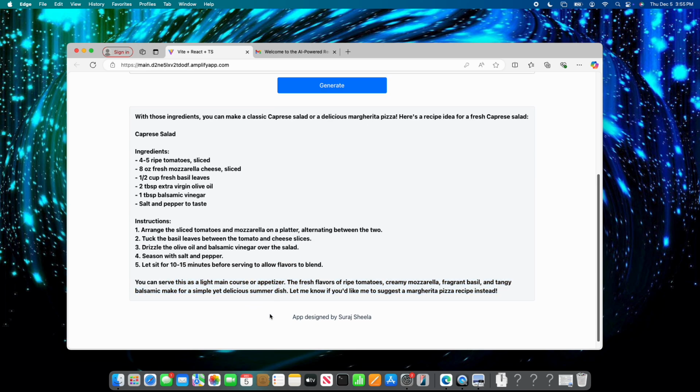So this is just to show how the app is fully responsive. So if I resize my browser window or use it on a mobile device, it will adjust accordingly. And this wraps up the demonstration of my recipe AI. With this real-time recipe generation, secure user authentication, and responsive design, this app is a testament to the power of